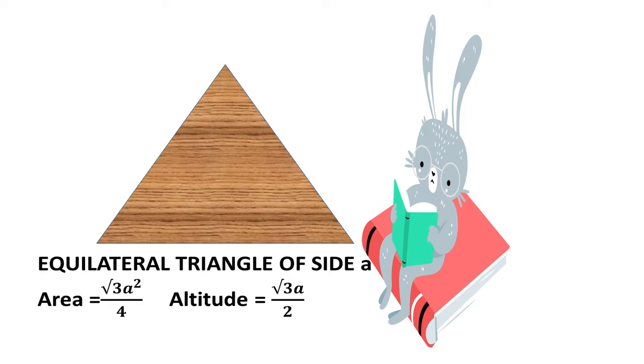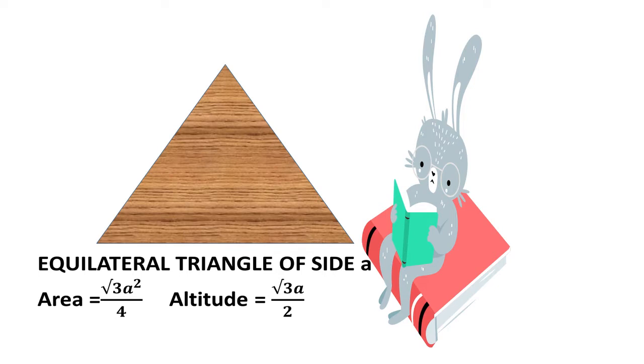And there is one more property of equilateral triangle, that all the angles are equal. Since the sum of all the angles in a triangle is 180 degrees, and in an equilateral triangle all the angles are equal, therefore 180 divided by 3 is equal to 60. So the measurement of the angles is 60 degrees in an equilateral triangle.